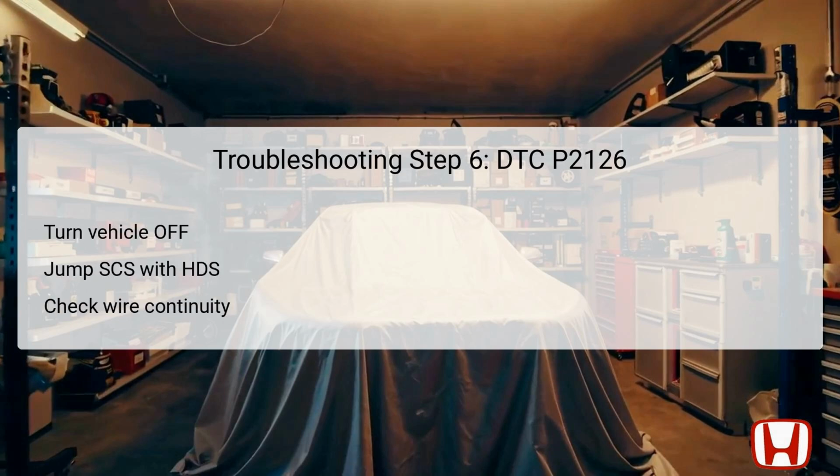In the sixth troubleshooting step, the technician must again switch the vehicle to off-lock mode. Use the HDS to jump the SCS line, allowing it to reset any previous errors or malfunctions. Disconnect the PCM connector A50P to isolate it from the system. The technician should now check continuity between specific test points for the APS2 line, while ensuring the APP sensor 6P